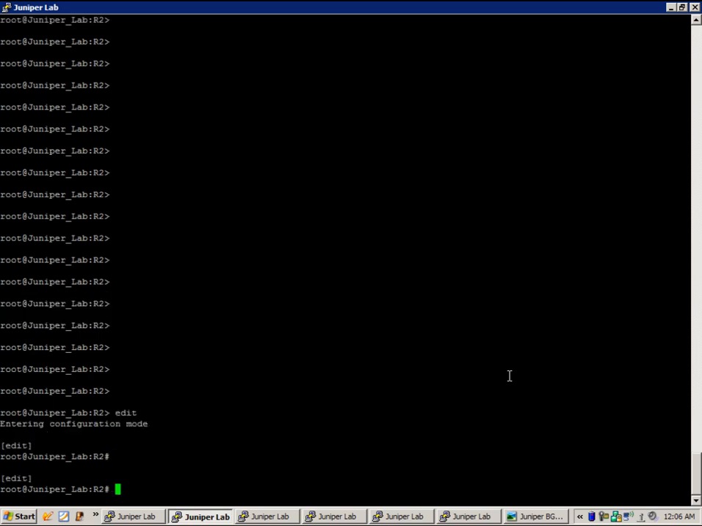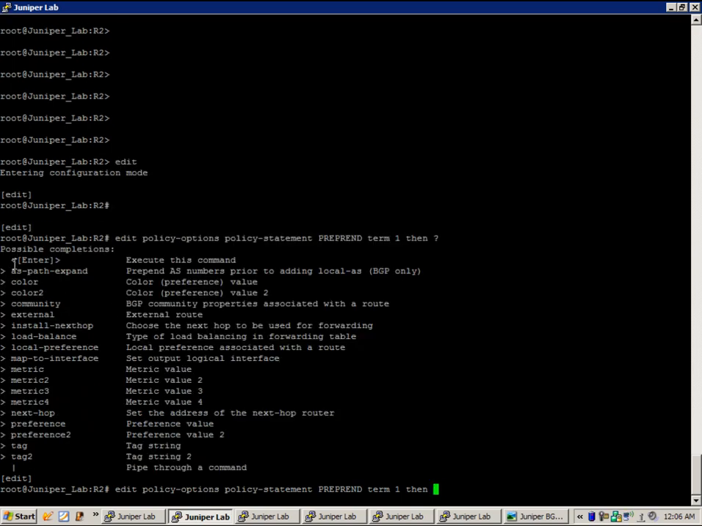This is actually very simple to do. We'll take a look at how to do this the simple way first, and then we'll take a look at a more advanced way to do it. First, we're going to create our routing policy. We'll do edit policy options, policy statement. We'll just call it prepend. Term 1. Then, if we do a space question mark, we have the option for AS Path